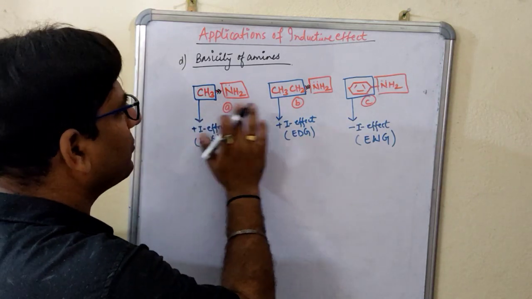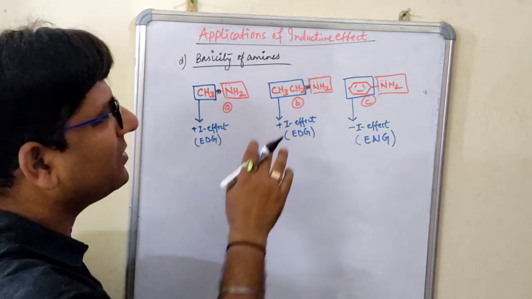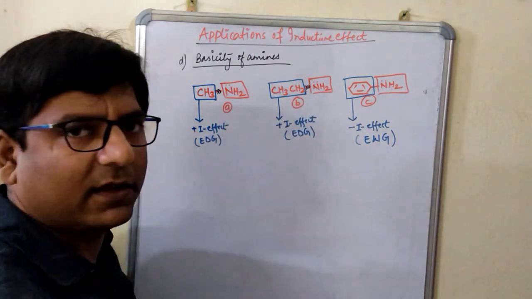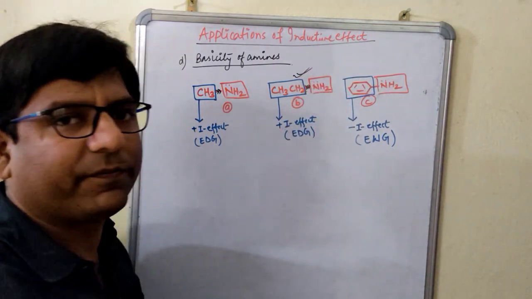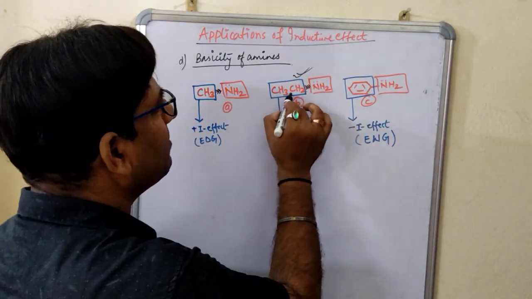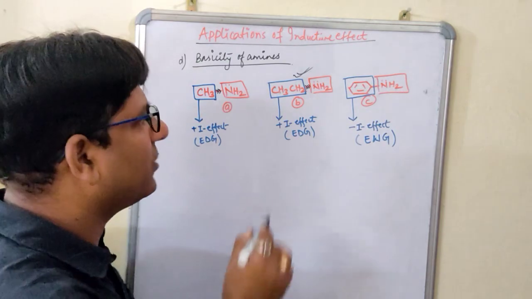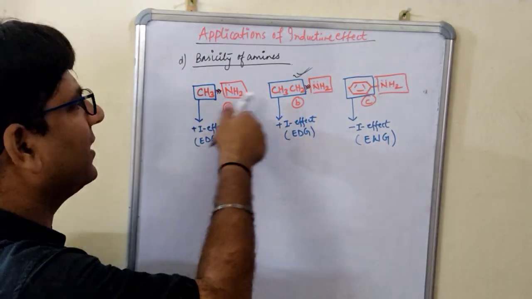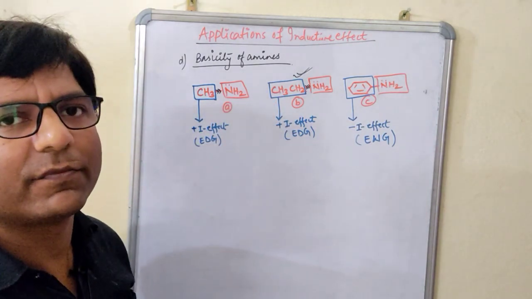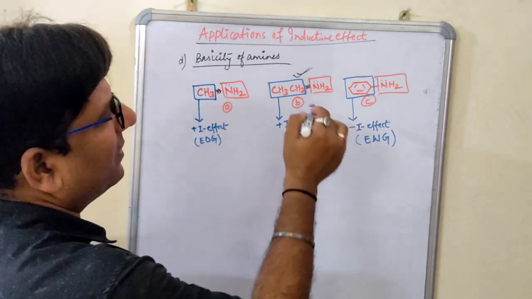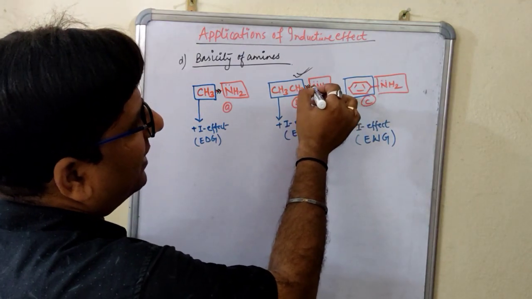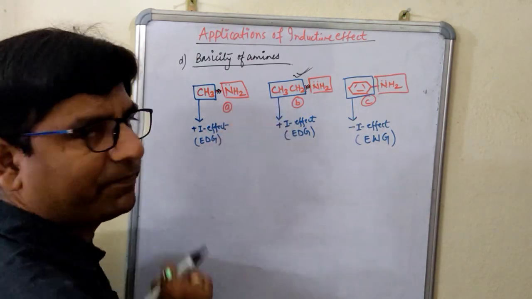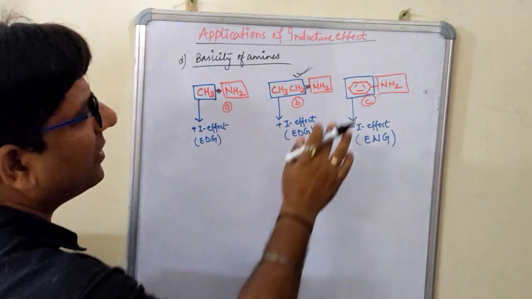Now when you compare this one and this one, where will the electron density on this nitrogen be much higher, or the highest among this and this? Of course this one. Why? Because here there is a senior plus I group. Okay, so it will donate the electron much more compared to this one. This is a junior one as compared to this. Correct? So here also the nitrogen electron density is the highest when comparing A and B. Right? Now coming to the third.